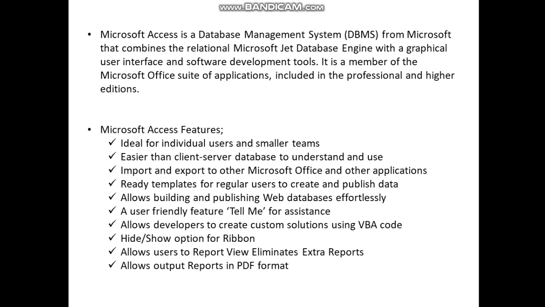Microsoft Access. Microsoft Access is a relational database management system that helps you store information for reference, reporting, and analysis. MS Access helps you analyze larger amounts of information and manage related data more efficiently.